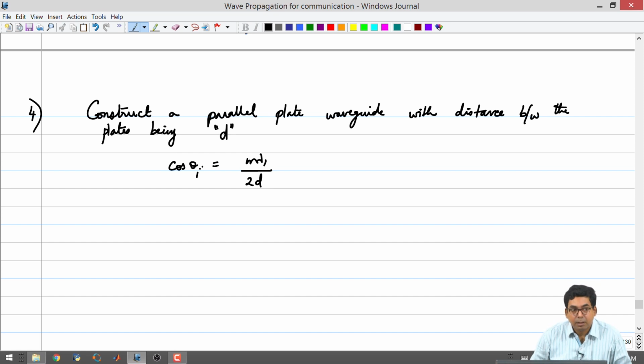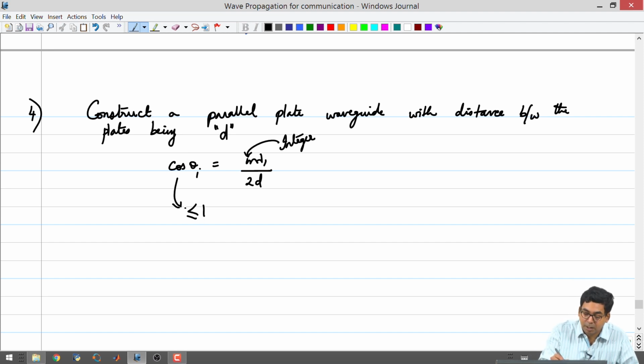Are there specific angles at which you can launch? The answer seems to be so, right. Cos theta I is m lambda 1 divided by 2d. So, let us take that rosy picture and repaint it again, all right. Originally we said that we have a parallel plate, it will be a source of a delay. It is a variable source of delay depending upon the angle of launch, but it is not going to be a smooth variation of delay by no means, all right, because m is an integer, okay, m is an integer, all right, and we know that cos theta I cannot be greater than 1. So, this has to be less than or equal to 1, right, the magnitude at least, right.